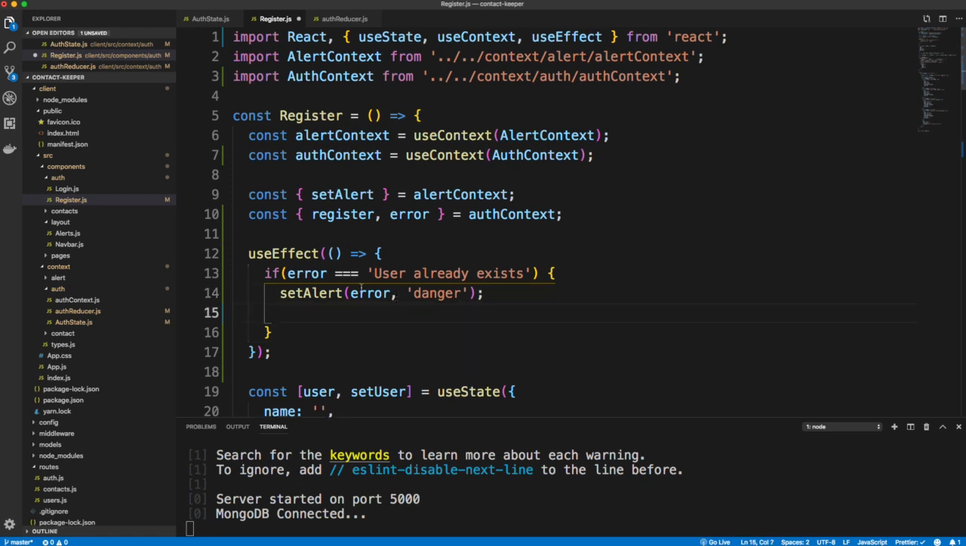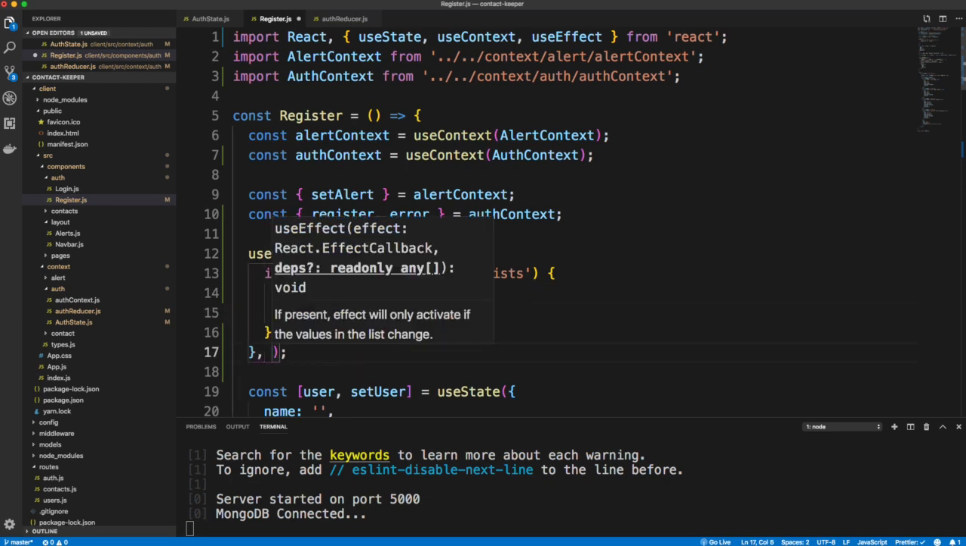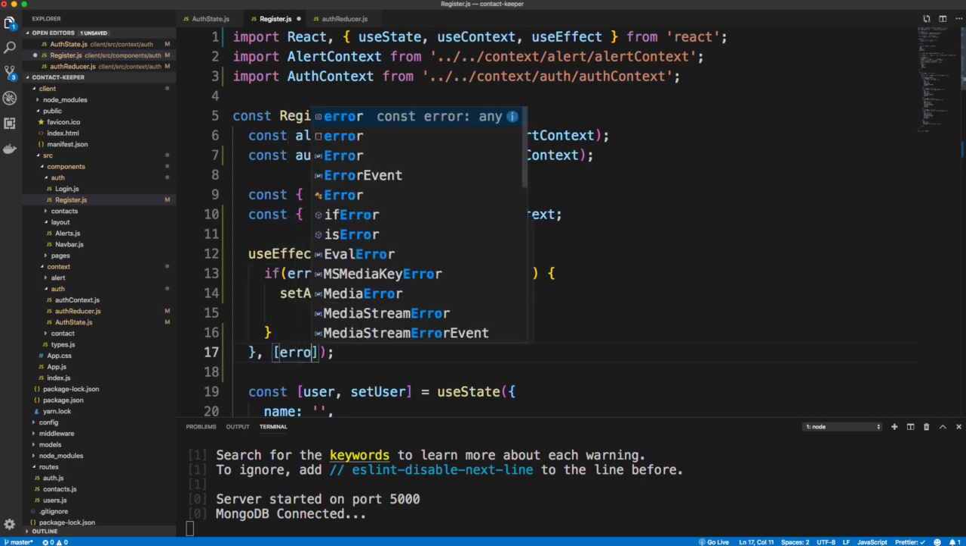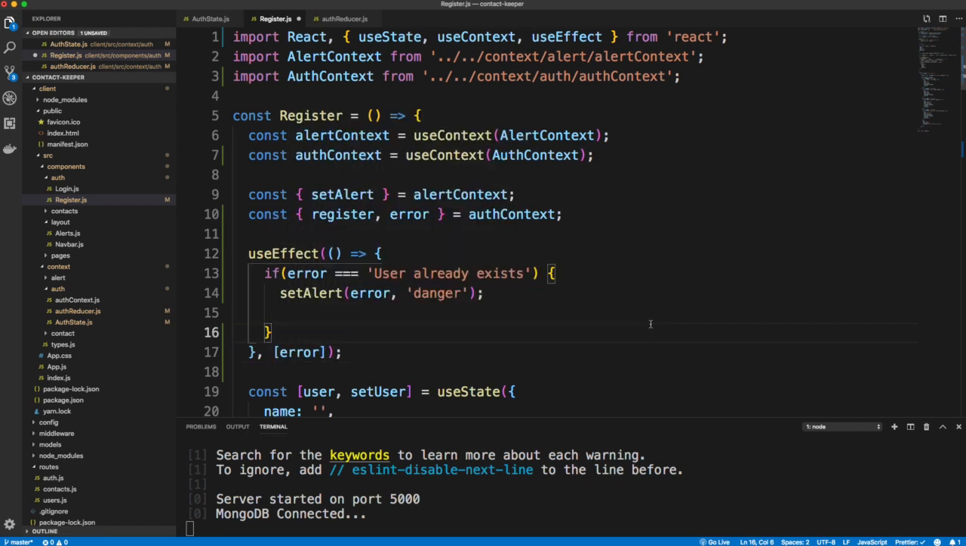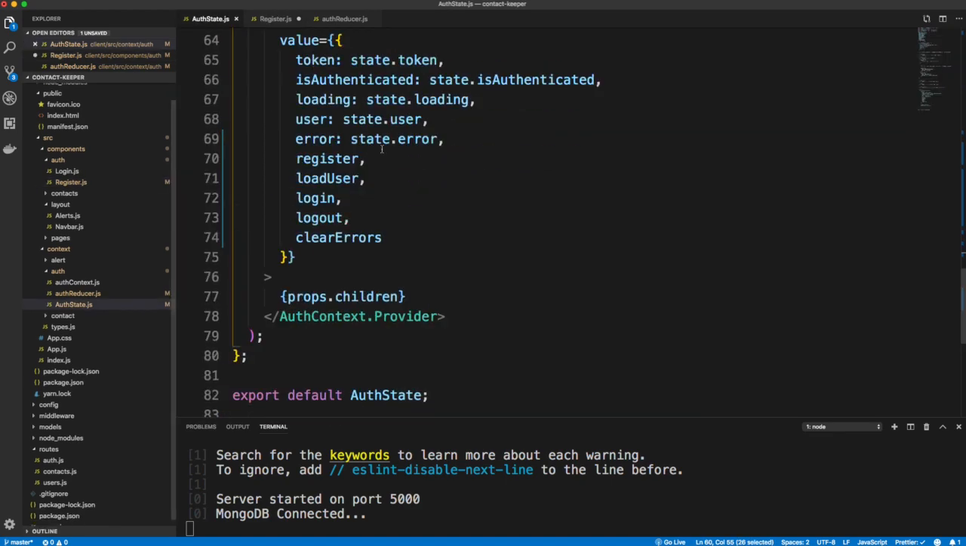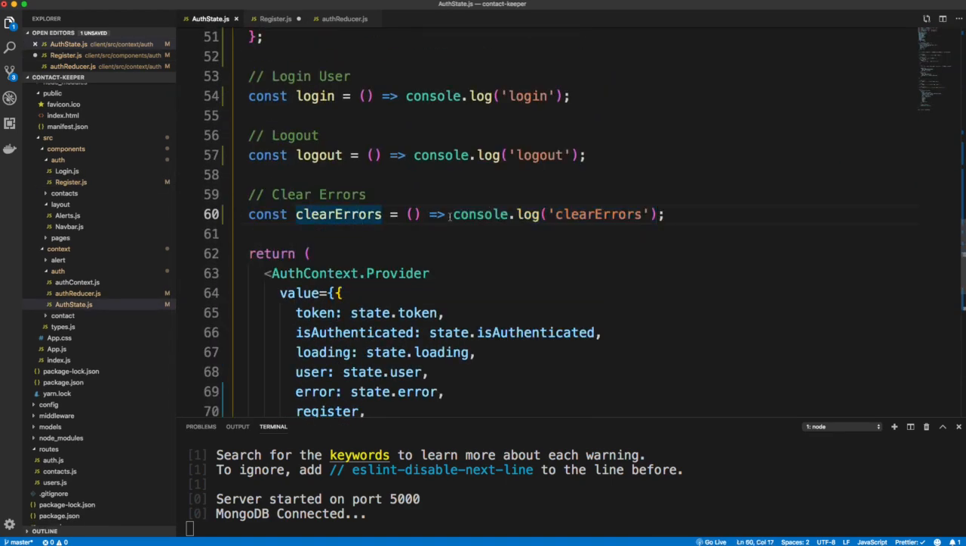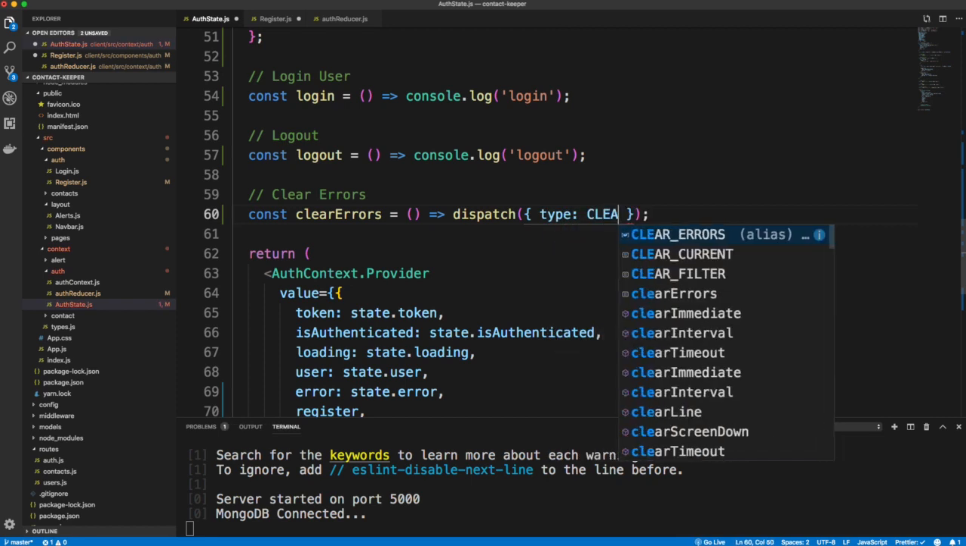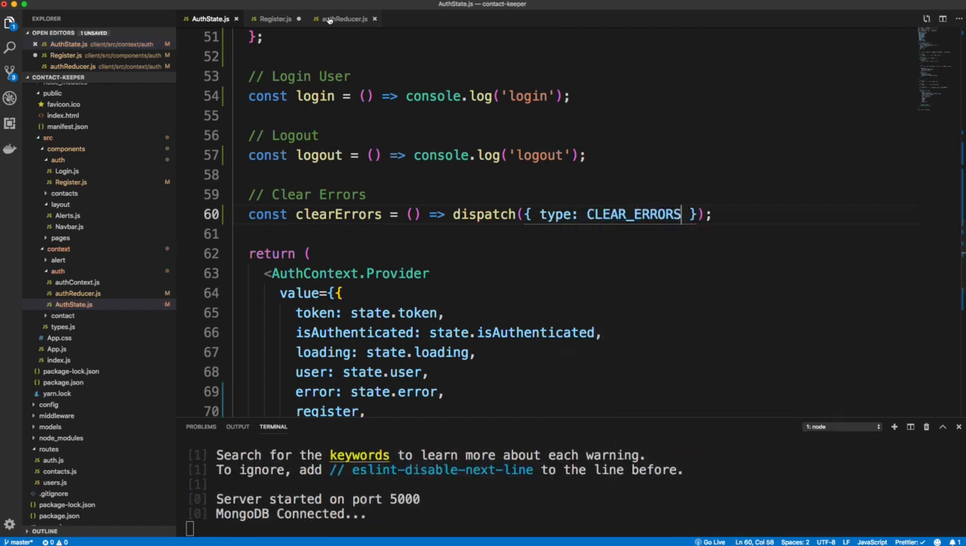Now we want this to run when the error changes or when the error is added to state. So we're going to add down here just a comma and then some brackets, and we're going to add that error value as a dependency to useEffect. And then I want to clear the errors, so I'm going to go to my auth state, and right here where we have clear errors, I'm just going to dispatch to my reducer an object with the type of clear errors. Okay, and then in the reducer,